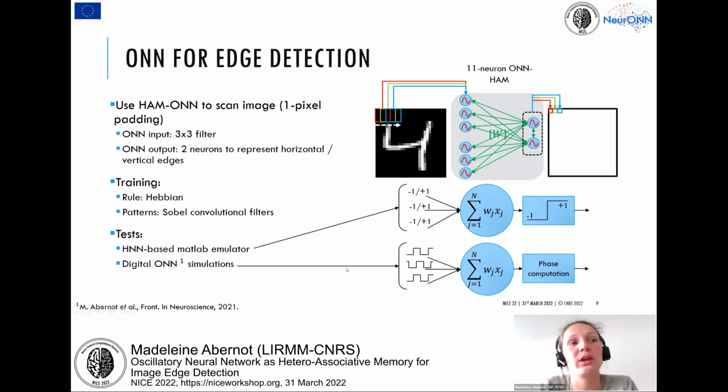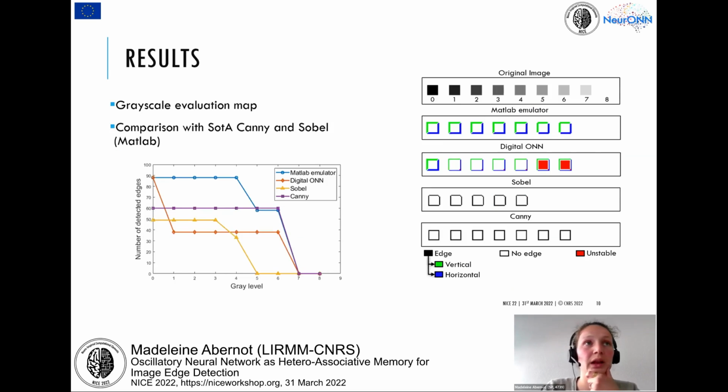But the idea is that instead of using analog oscillators, we use digital oscillators, so between 0 and 1, and we have this phase computation between the oscillators. So looking at the results now, we first did some evaluations on grayscale maps, to see how the edge detection filter works on different